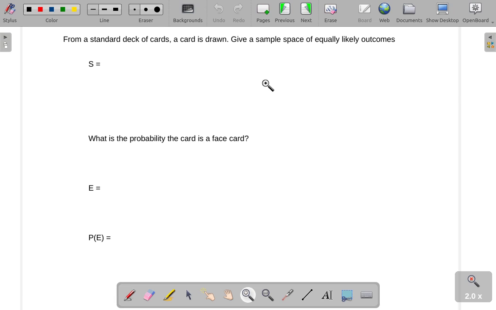From a standard deck of cards, a card is drawn. Give the sample space of equally likely outcomes. So in this instance, we're talking about a standard deck of cards, which has, well, let me pull out the